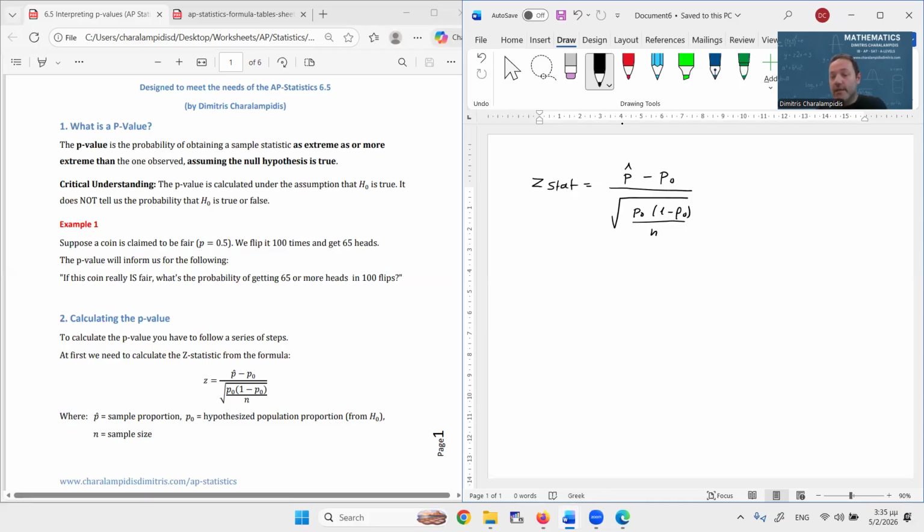This means that the z-statistic needs three key variables. It needs the claimed proportion, the sample proportion and the sample size. Now, I will show you, and basically the next three videos will be about that, how to calculate p-values. But before we do that, I want you to remember that the p-value